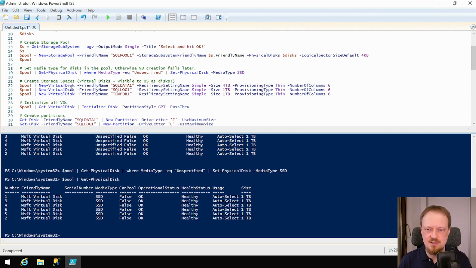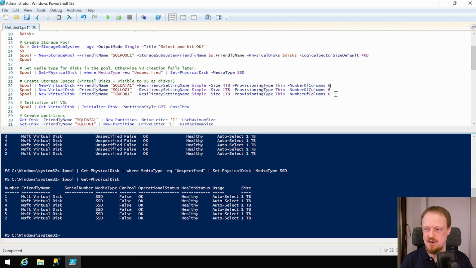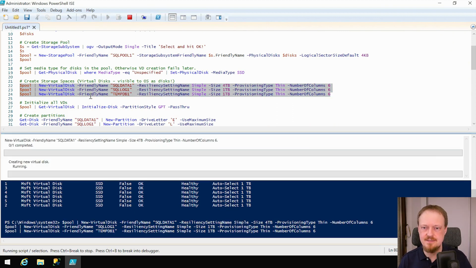Good. Let's go further. From this pool, we create a new virtual disk, SQL data 1. Resiliency is simple, that means striping, and size is 4 terabytes. But provisioning is thin, that means it occupies only the space of the files. And number of columns is 6. So there you can really specify the number of columns. That's really good. If you have an older Windows that takes fewer columns than the number of disks, then you need to use PowerShell and specify the number of columns explicitly like this. So I will run all three, F8,